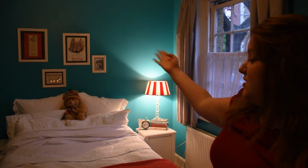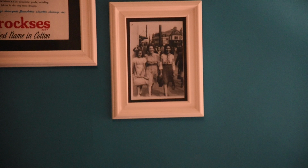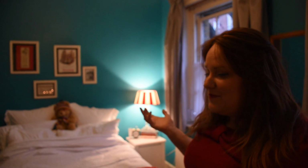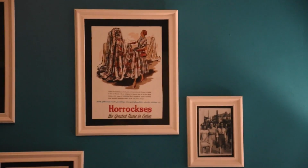And then the three adverts are old Horrocks's adverts, and then the photograph at the end is the three lovely ladies, my nan in the middle and her two sisters either side, and my nan is a Bond because she's my mum's mum, but she's actually wearing a Horrocks's maternity dress in that photo. So years before my parents even met, when my mum was just a twinkle in my nan's eye, there was a Horrocks's connection in the family, which is quite nice. So the colours of the poster, the pink on the beautiful Horrocks's, kind of inspired the colour of the room